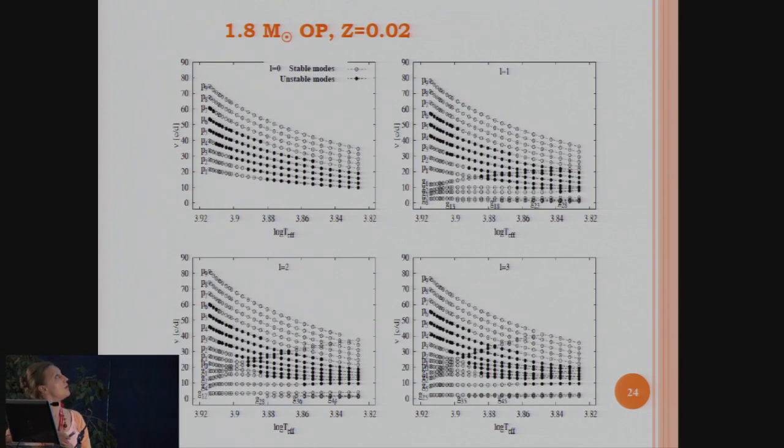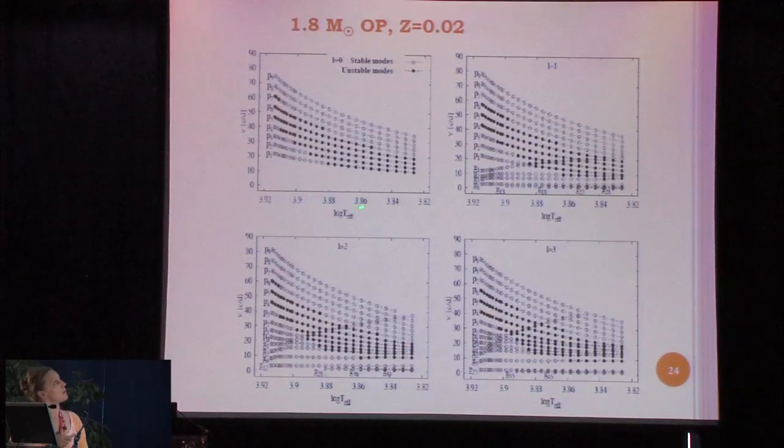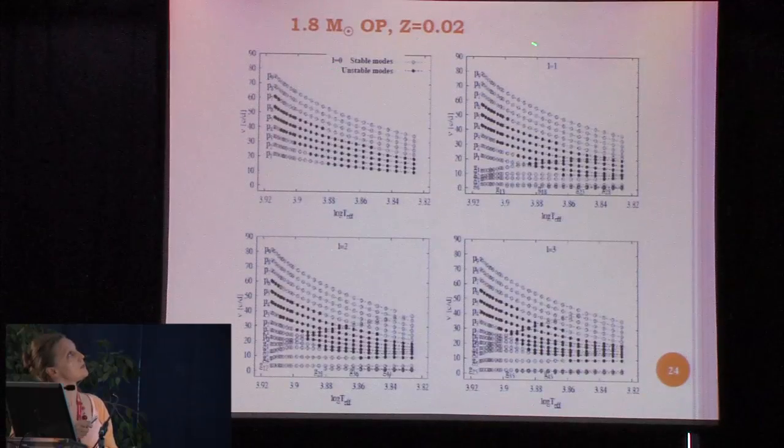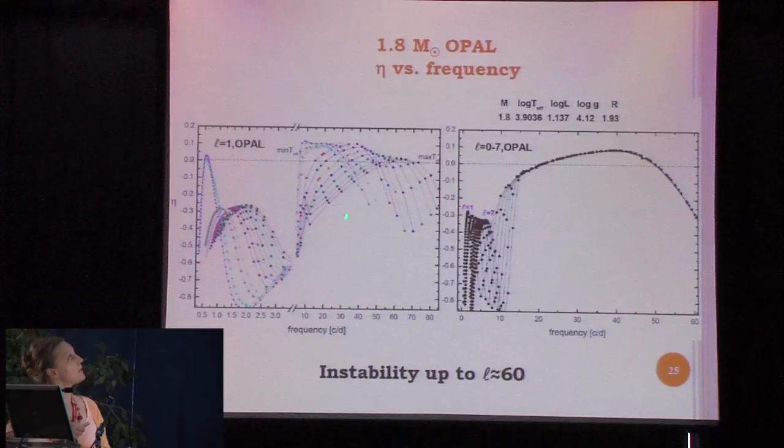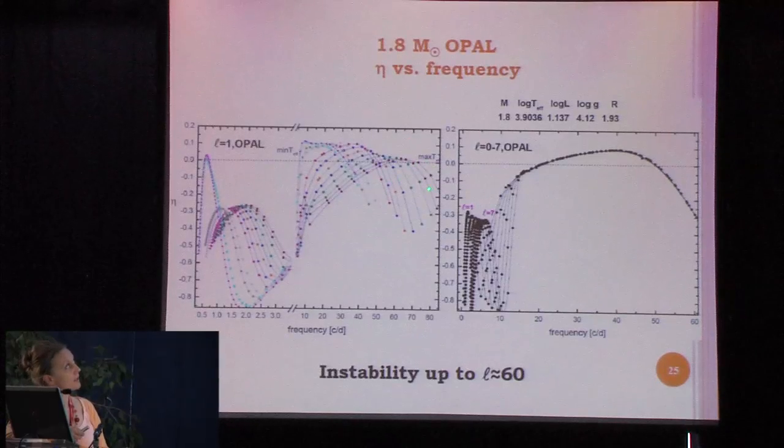Okay, and this is for 1.8 solar masses. This is the evolution of frequency along the main sequence again. This is L equals 0, 1, 2, and 3. And we can see that for these models, higher frequency modes are excited. And here again you can see the evolution of the eta parameter for this model. Here you can see typical frequencies excited in delta Scuti stars. This is again from ZAMS to TAMS. But here you also have some local maximum of eta around